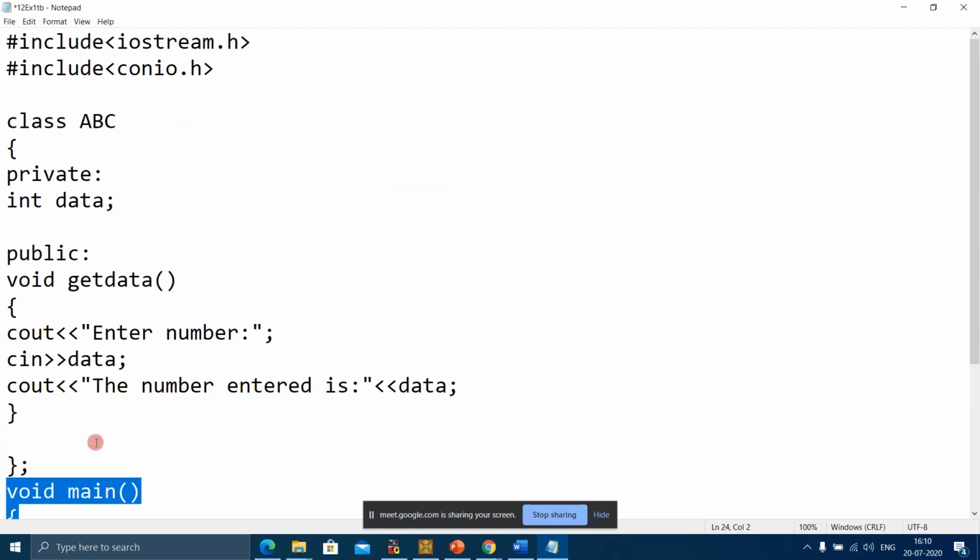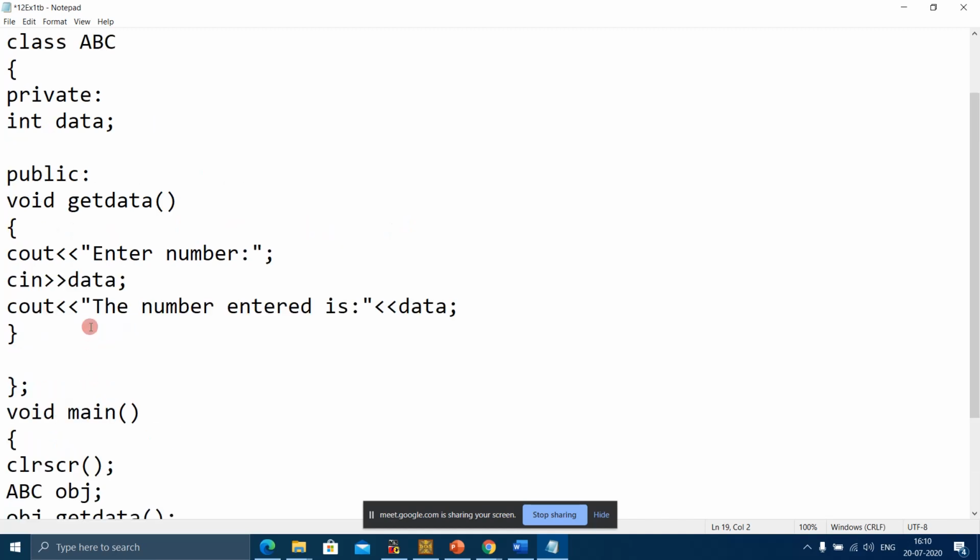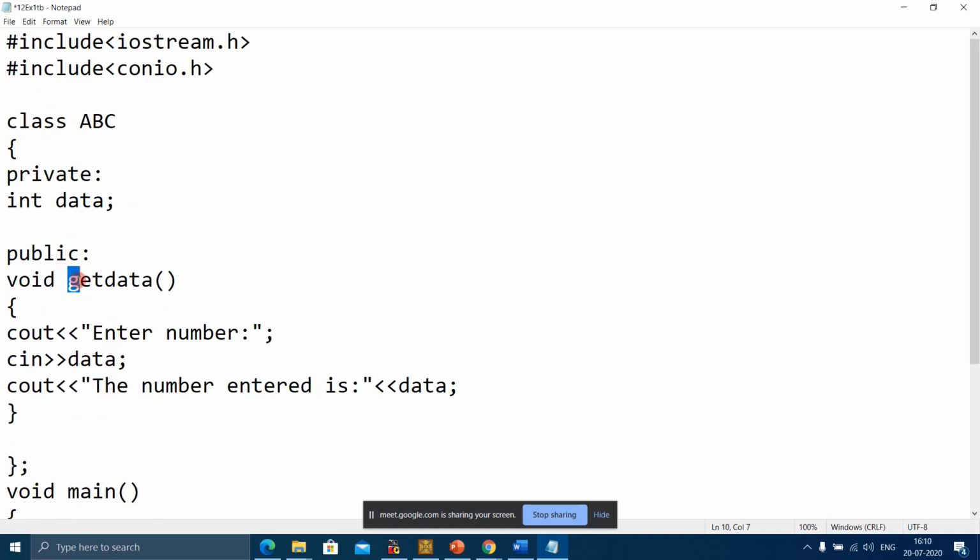And execution, this I repeat many times, execution of the program always starts from the main function, no matter what you write before and after the main function. Whatever is going to happen is going to happen because of the main function. So this main function is outside the class. Fine. And as you can see, this is a function.